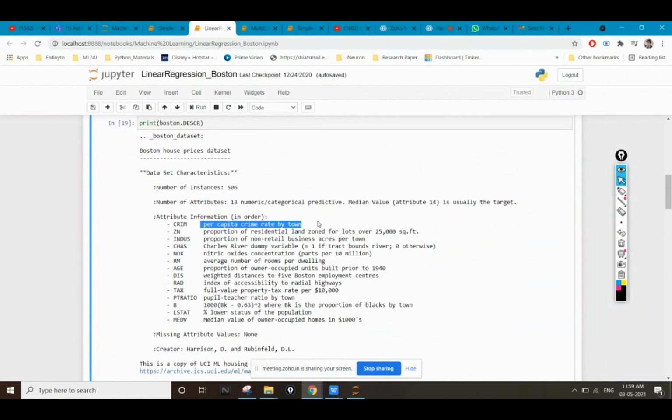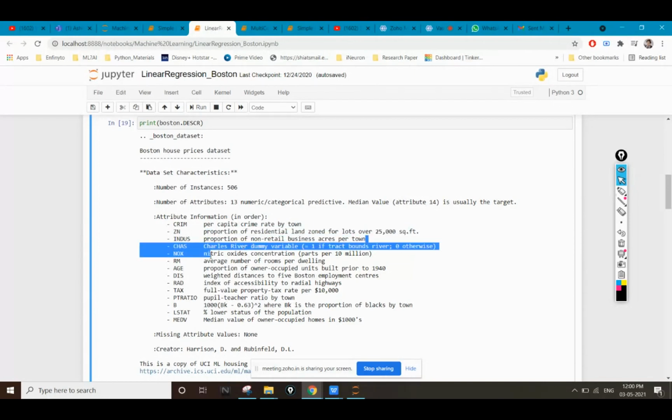The second feature was the proportion of residential land zoned over 25,000 square feet. If we have 25,000 feet of land, how much is fixed for residents, how much for parks, how much for commercial buildings.